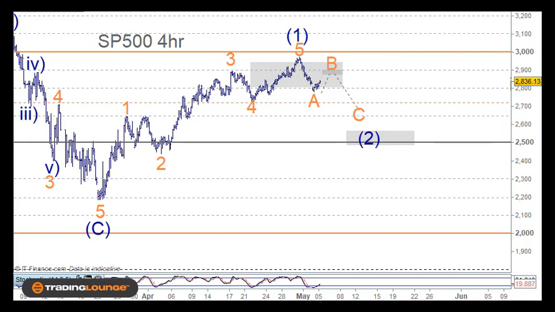I want to start with the US markets though, because it's the one that's pulling all the other markets around. So we need to really bring the US into our own local markets, whatever local markets they may be in Asia. With the US markets, we've been counting 5 waves up, and then we've had this pullback here, which we've also seen in India, Australia, and so on. In this case, we're looking for wave A, wave B, and wave C here for wave 2, and then